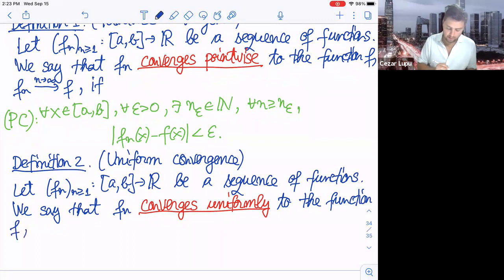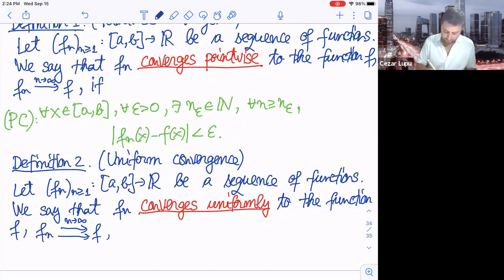And we're going to write this in the following way: f_n will have two arrows here. So this will mean that f_n converges uniformly to f